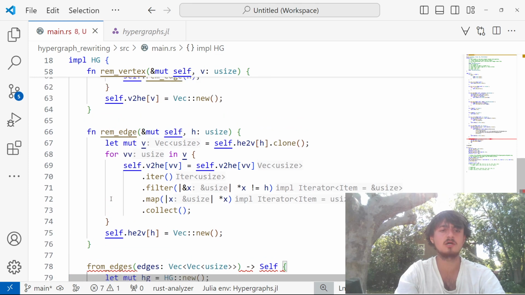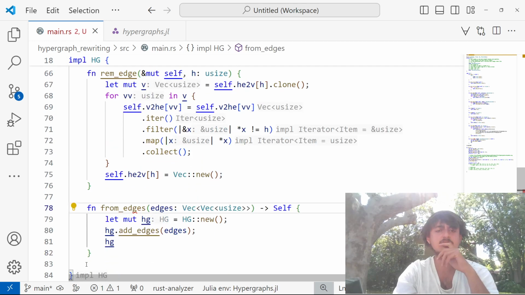I wonder if that works though, because that probably assumes